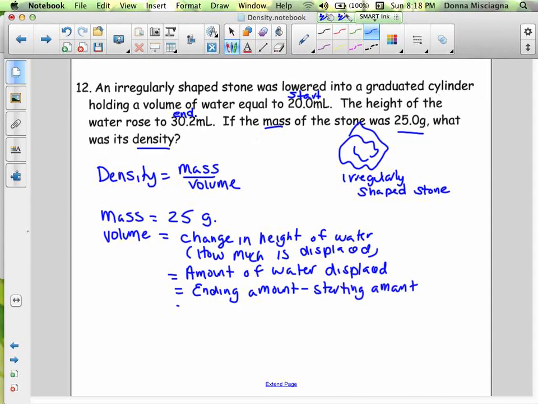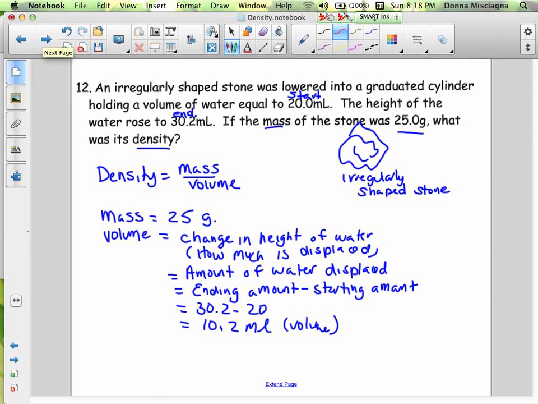All right, so the ending amount is 30.2 minus the starting amount, which is 20. All right, and so that's going to be 10.2 milliliters. All right, so that's the volume. Now that we have the amounts, it wasn't really a lot of work. We just had to be able to